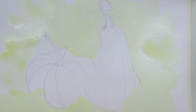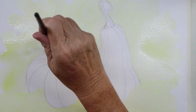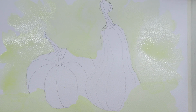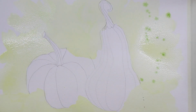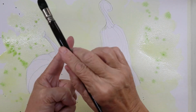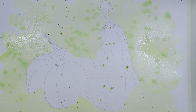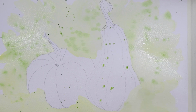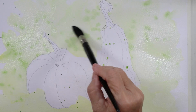So I have in here just a little bit of my Hansa yellow deep with a lot of water, so it's mostly water. And I'm going to just kind of sprinkle in a little bit of sap green and see how that'll disperse, and put a little bit on my pumpkins as well. And just kind of mush some of those bigger spots around